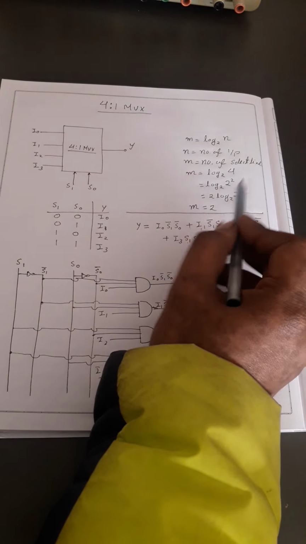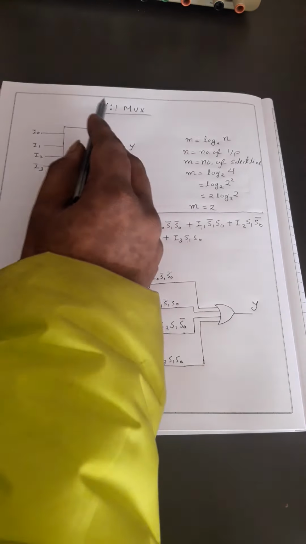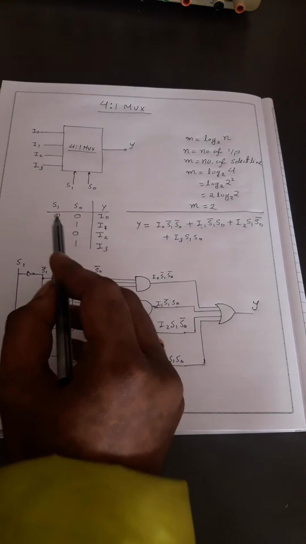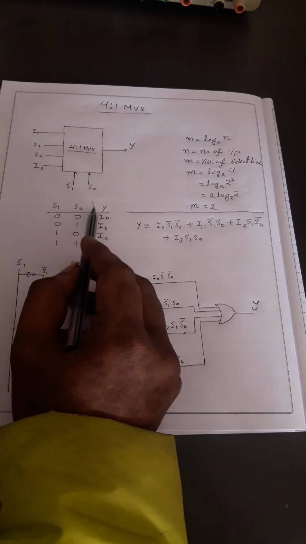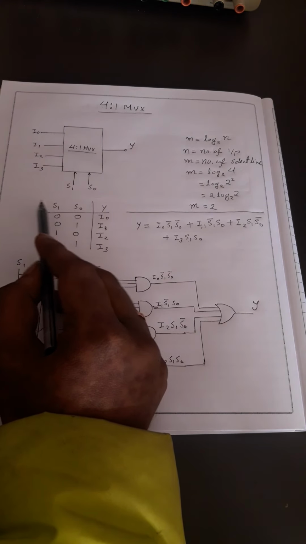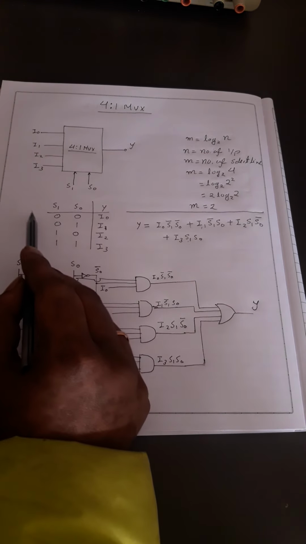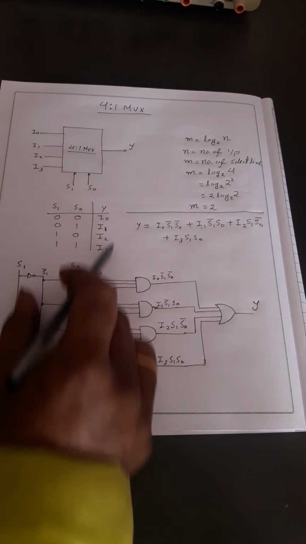The number of select lines will vary according to your input lines. The truth table will also vary according to the select lines. If it is 3 select lines, then S0, S1, S2 will be there. So if it is 3 variables, then the total number of